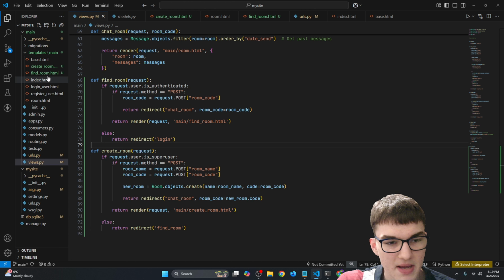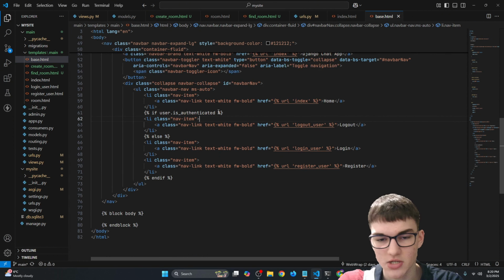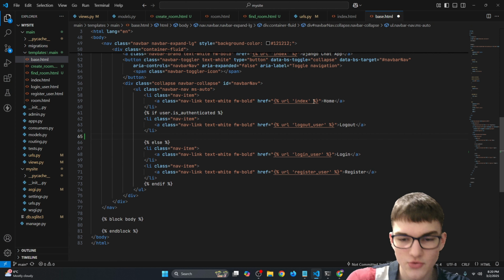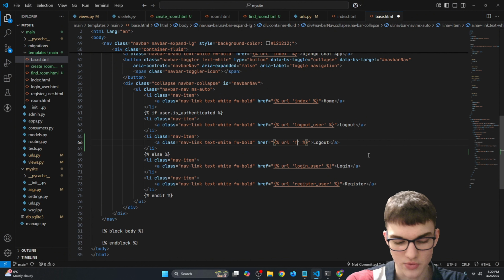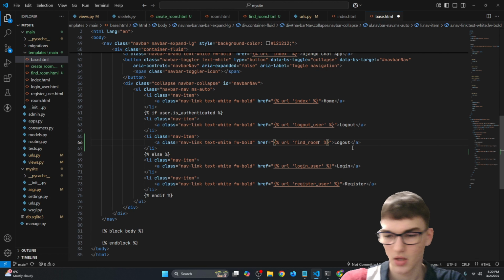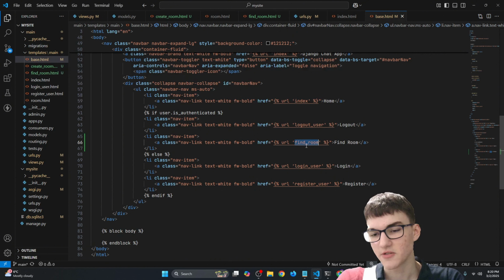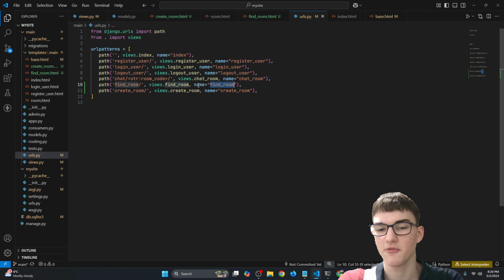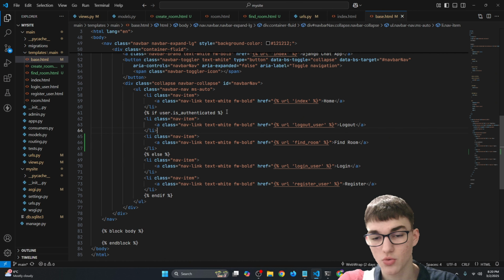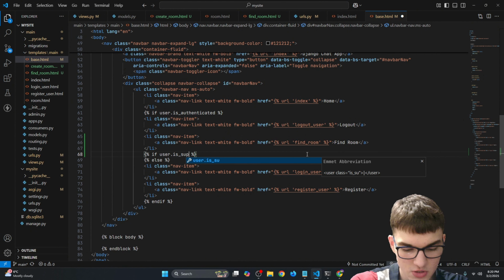Let me find my base.html. I will add those links inside of the navbar right here. So if the user is authenticated, we want to show him the find room function. So right here, let's put find underscore room, and put as the context right here find room. And again, this find room thing displayed right here, we are getting from this name field right here, so from this. And also we will need if the user is actually super user,